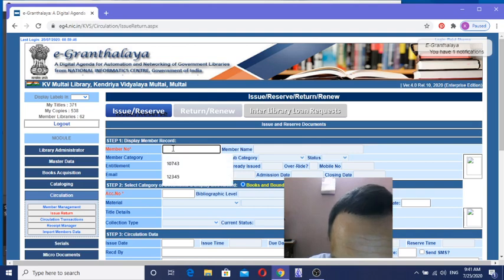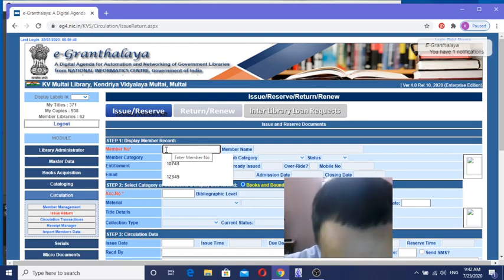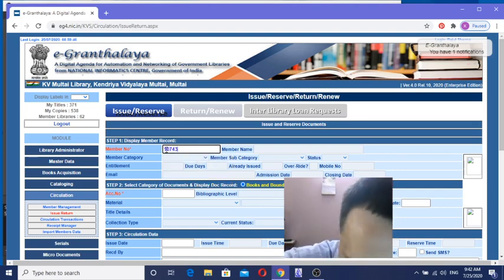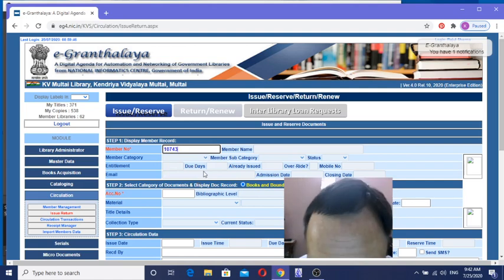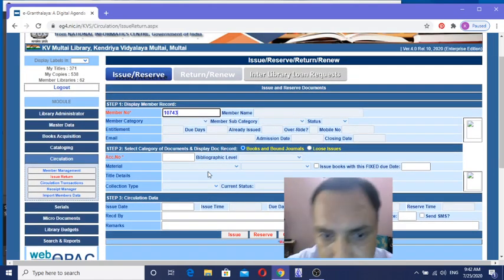Here I am going to put the member number. Member number must be memorized by the user, or it may be available in his diary, her diary, or on the library card in form of barcode anyway. We have to get that number either by scanning through this barcode reader, or simply by typing. Here I am typing. After typing, provide an enter.